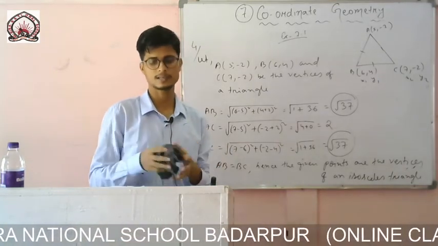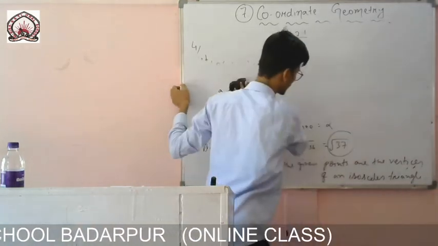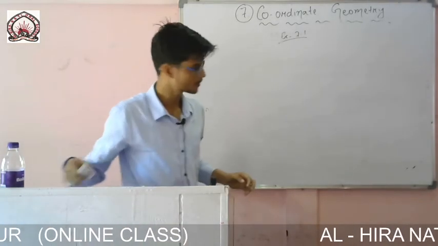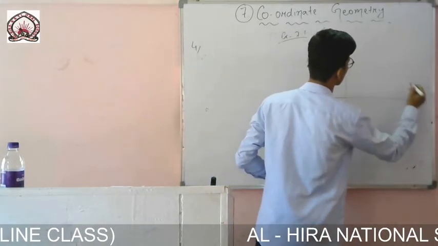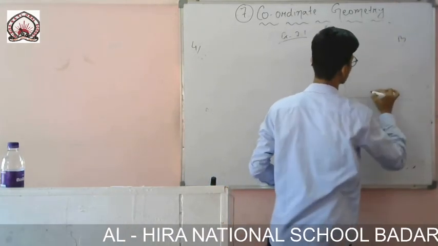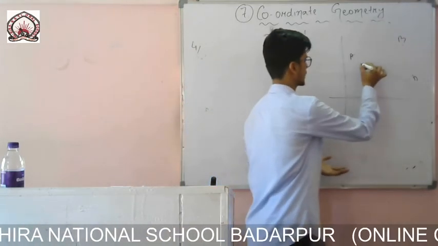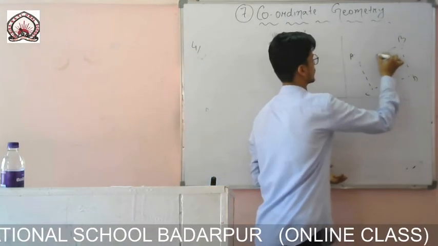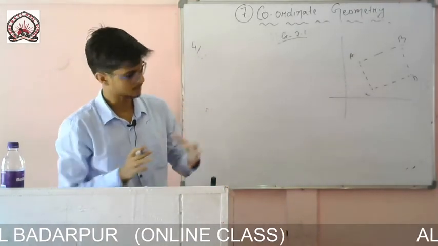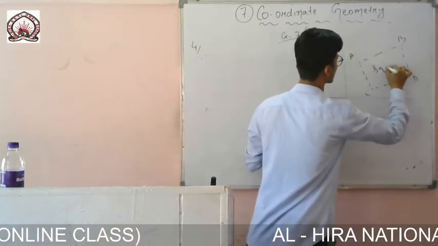So the question is given like this: four friends were sitting. Let me draw the coordinates. Four friends are sitting like this at four points. If I name them A, B, C and D, two of them walked in from the fourth side. Out of these two, one is Chameli, another one is Champa. One of them said that yes, don't you think it looks like a square?